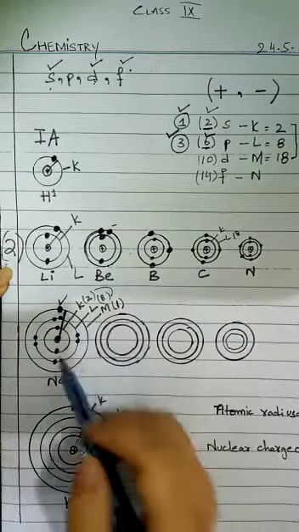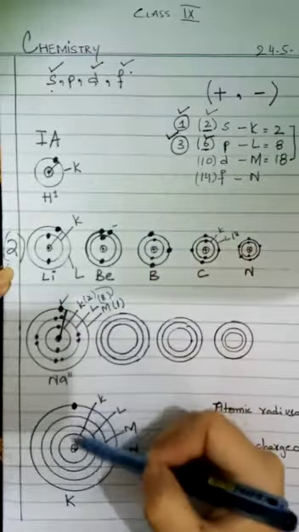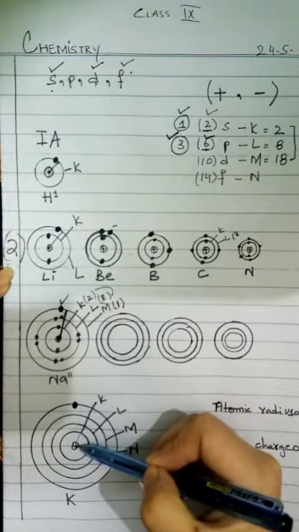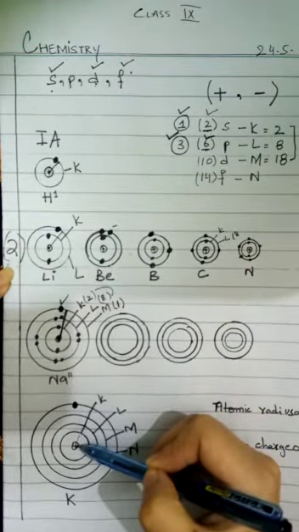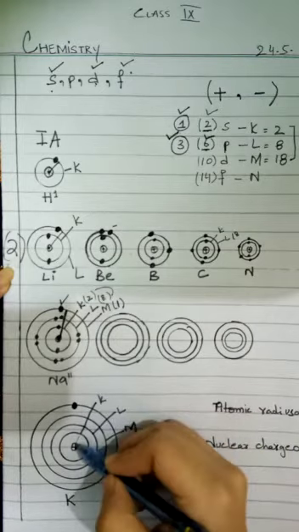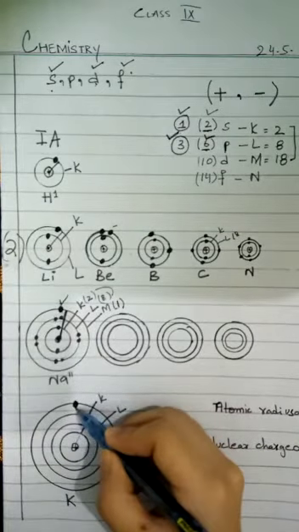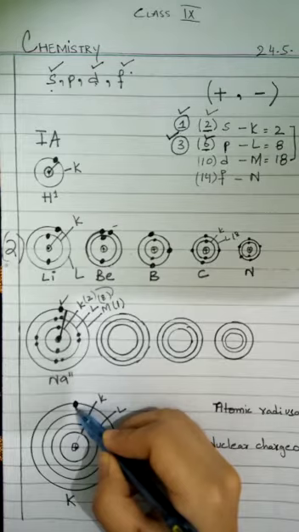Now in a group, shielding effect increases. When shielding effect increases, ionization energy decreases because the distance increases, nuclear charge also decreases,